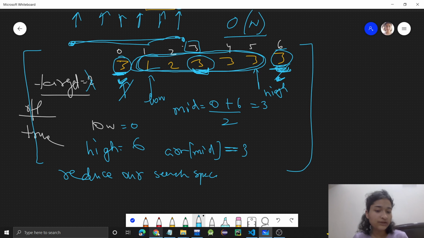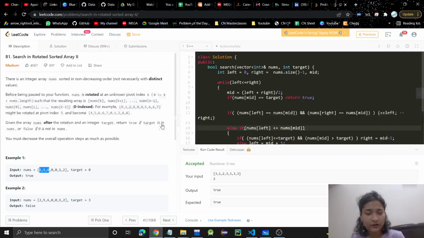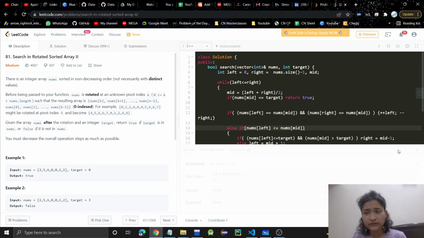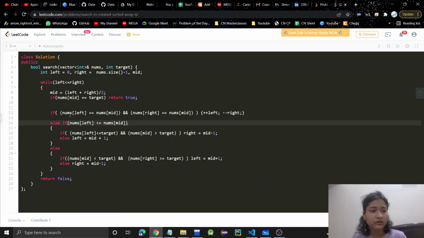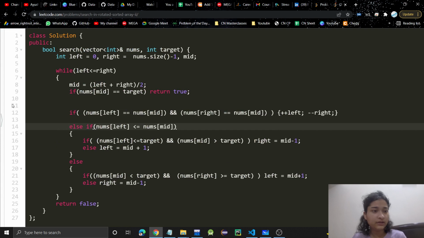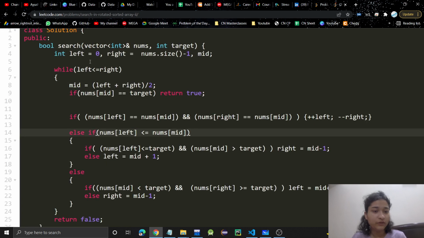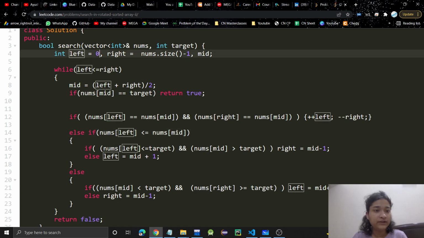Let's see the code once. And guys, I highly recommend you dry run the code once on a test case, because it will be more clear. See what we do here. First of all, we have taken left at index 0.